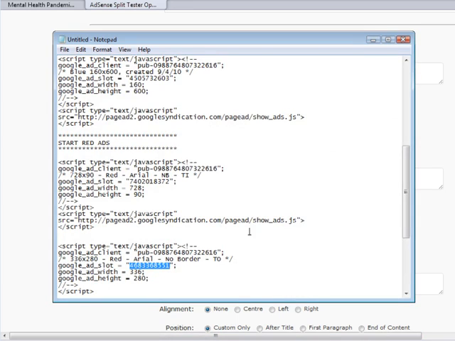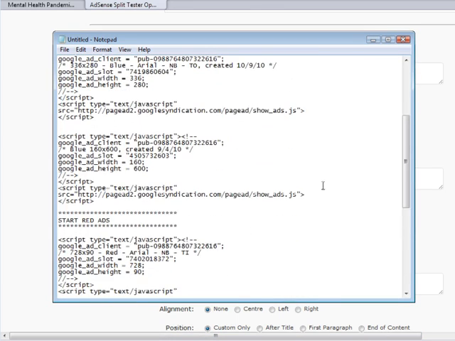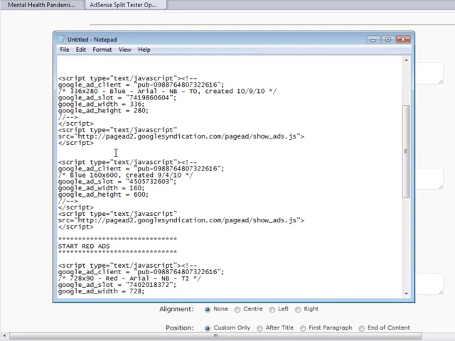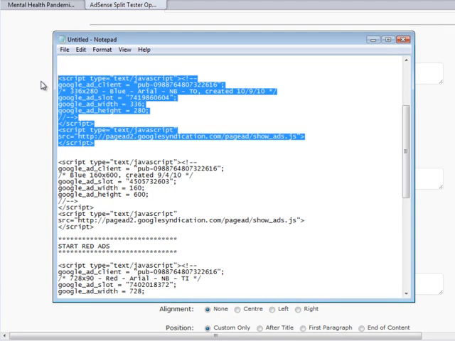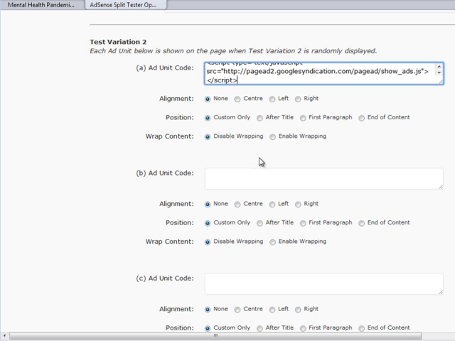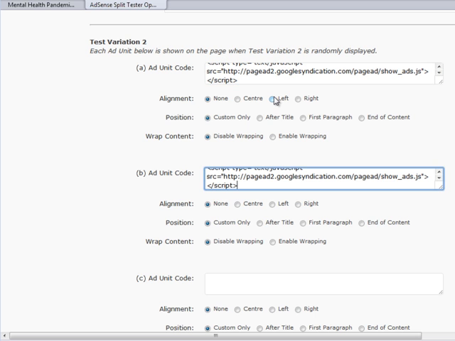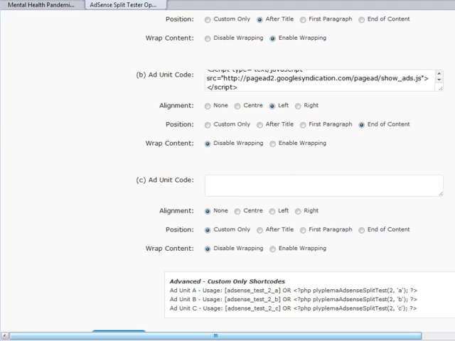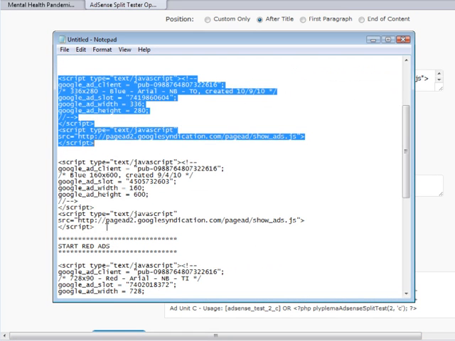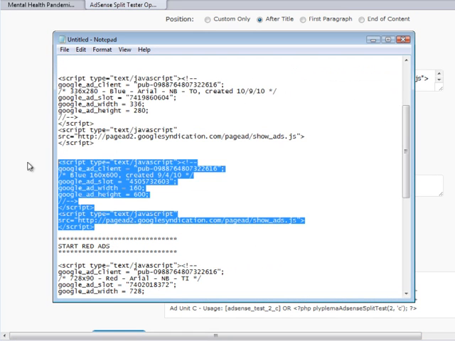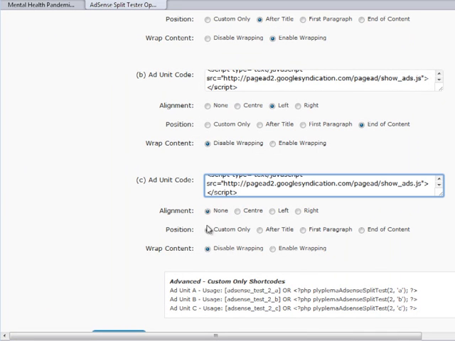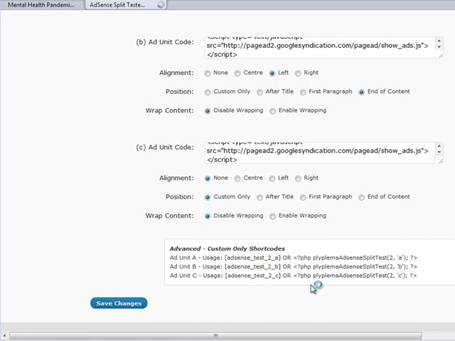So yep, all you have to do is add in your new test variation. So we're going for blue text here, which will be this unit here. Paste that into the first two. So the first one was after the title wrapped, the second one was at the end of the content left aligned, not wrapped, and the third one was our 160 skyscraper. So add that in there. Okay, that's a custom position once again, so leave that set. Press save changes,